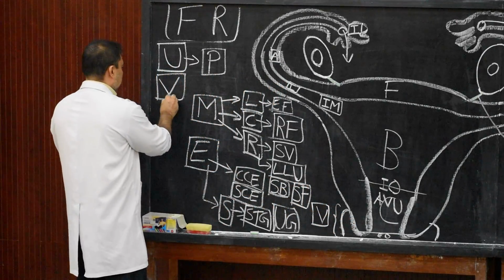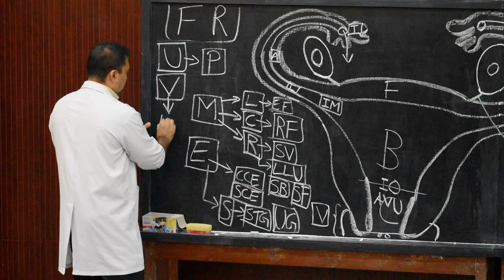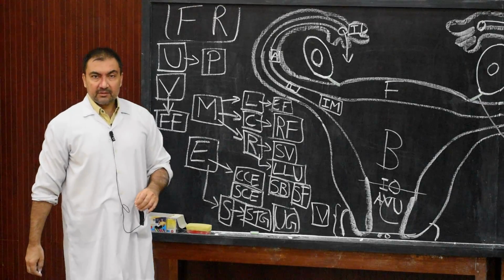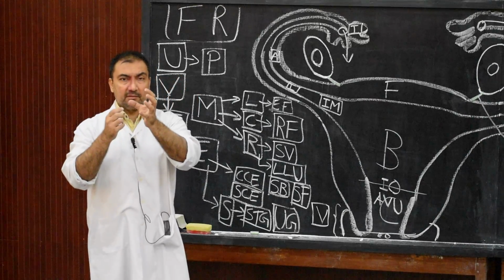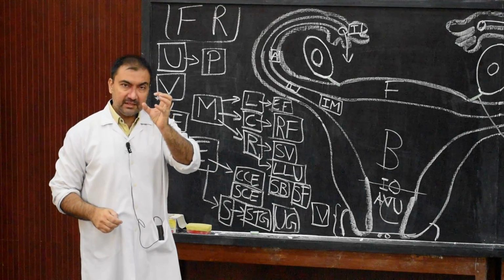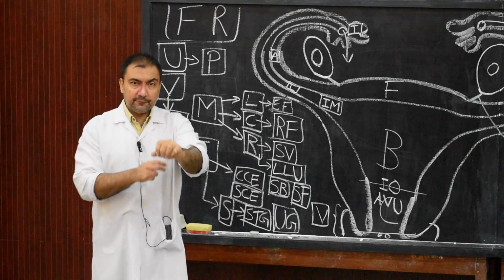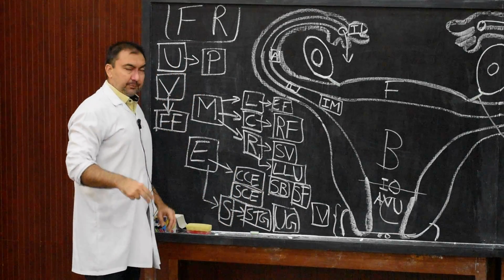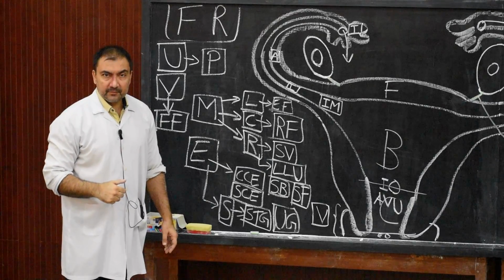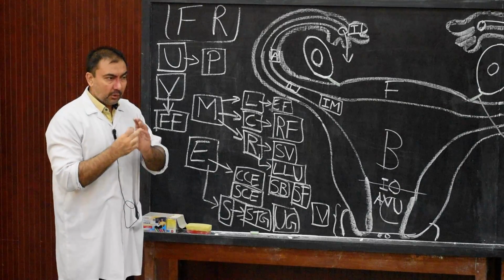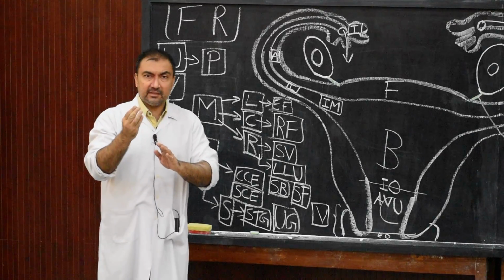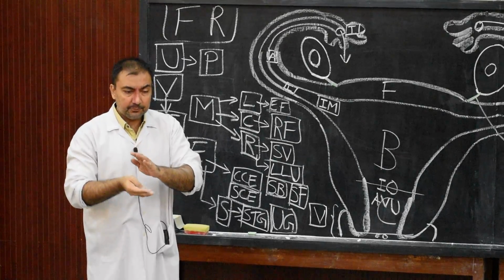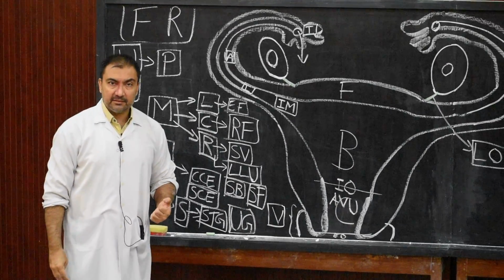Four fornices will be there. The vagina surrounds the cervix with the help of four fornices, that is, the uppermost part of the vagina surrounding the cervix. Out of these four, the posterior fornix is the deepest one. Now the walls of the vagina: the posterior wall is longer than the anterior wall. The anterior wall of the vagina is 7.5 centimeters and the posterior wall is around 9 centimeters in length.